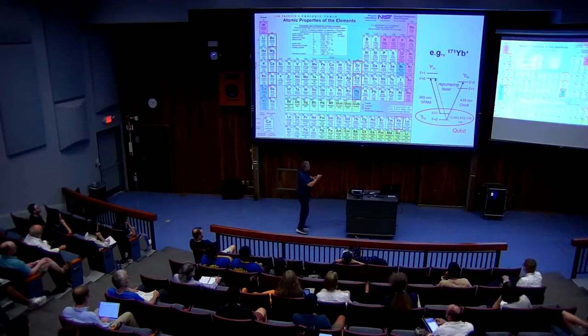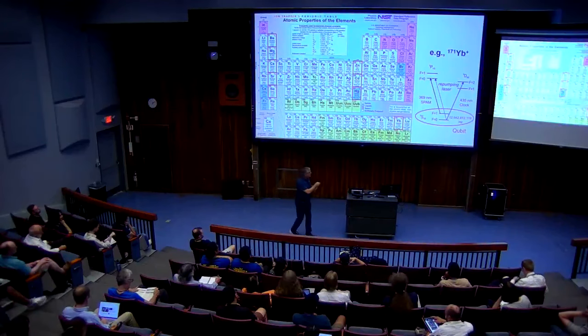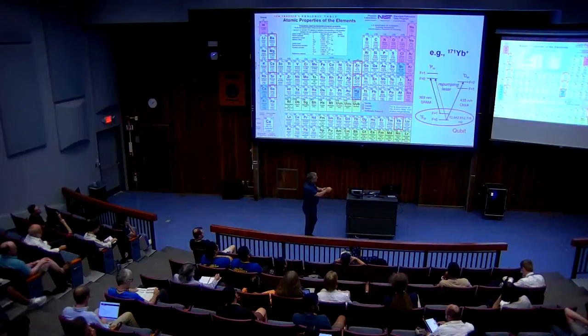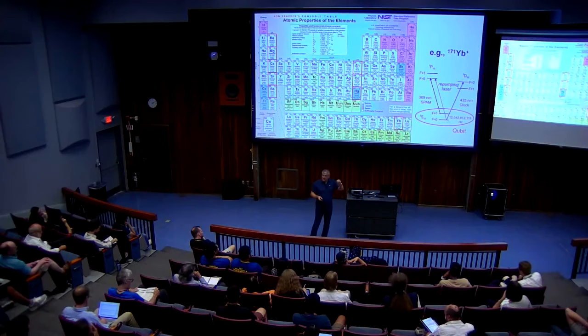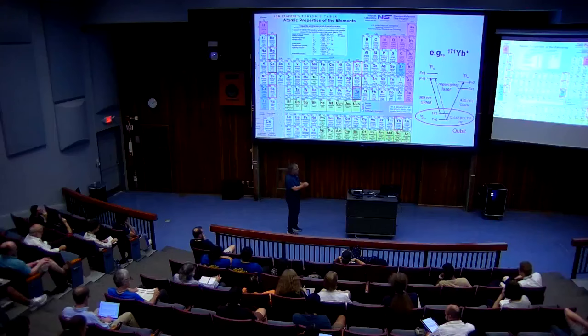And the energy level structure, this is ytterbium-171 in particular, but they're all very similar. There's some differences. We typically store the qubit in the ground state hyperfine levels. And that's good because levels like this, if you pick them right, they're very good atomic clocks. And that's the statement I mentioned, that every ytterbium-171 is the same. That's why we use them for clocks. They're standards of time. So there are certain things that we don't have to worry about when we scale up